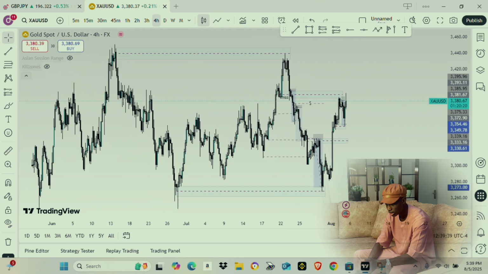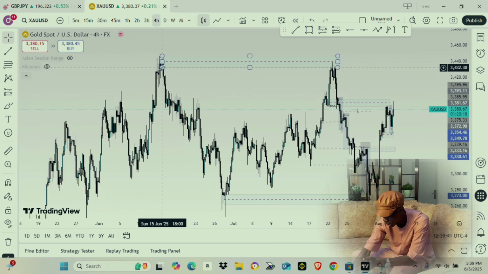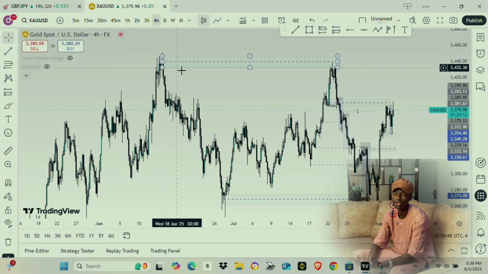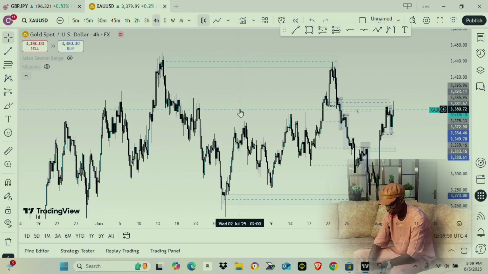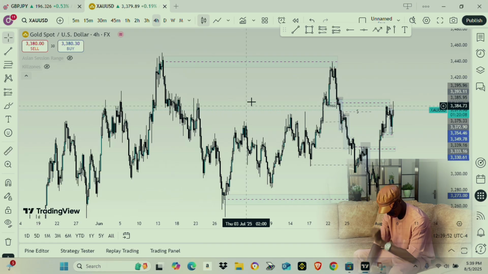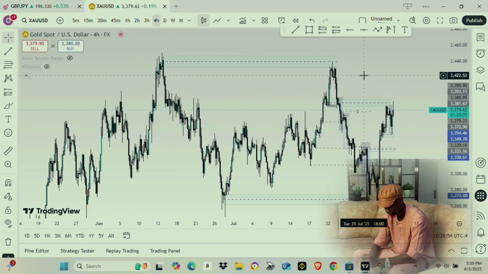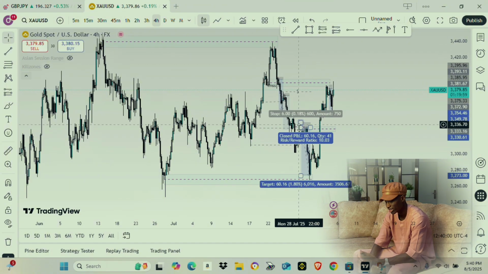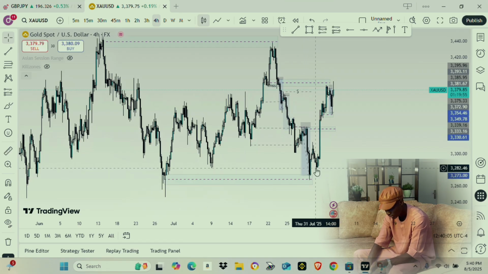So now let's see, from this very key zone on 4 hours, you can come to understand that we have a key zone on this higher time frame, which is supply or order block, whichever one you feel like calling it, right? So this is supply or order block. This was where market reacted from and dumped from that very level and started selling, and from here we started taking some trades, and just like that we keep taking trades till we get to this very level. I took some buys here